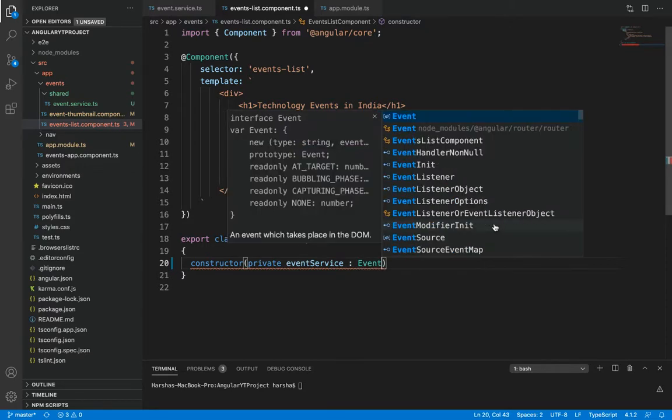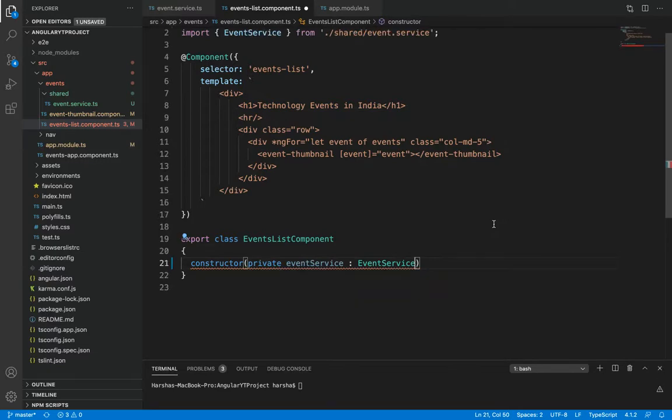From event service, right? So this event service will be imported from shared/event.service. So we are storing that inside a private variable so that we can make use of that service inside this events list component class.